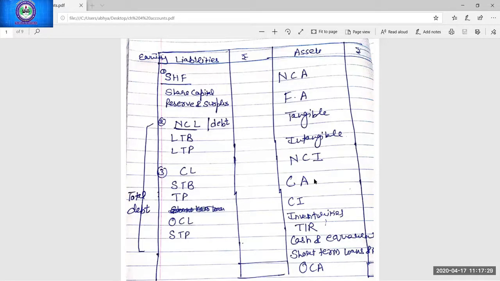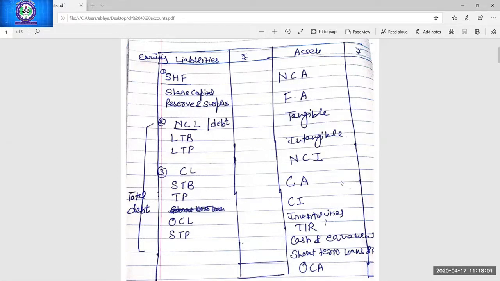Further, in non-current assets, we will be considering only two subheads, not all the 4-5 subheads. Here, two subheads will be considered: fixed assets, which are further divided into two parts, tangible and intangible, and then non-current investment. Other non-current assets will not be considered from the ratios point of view. Okay, non-current asset, two subheads: fixed asset and non-current investment. Fixed asset is further divided into two parts: tangible and intangible.